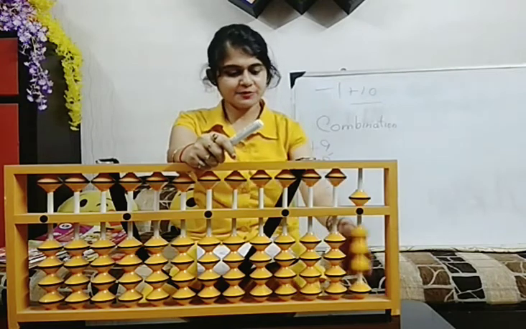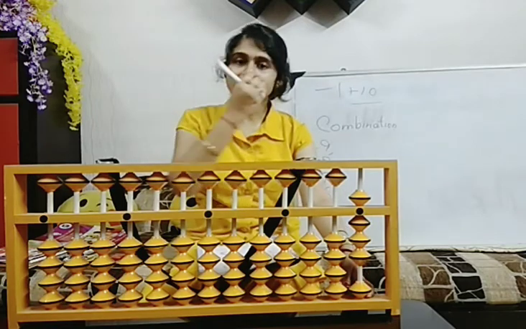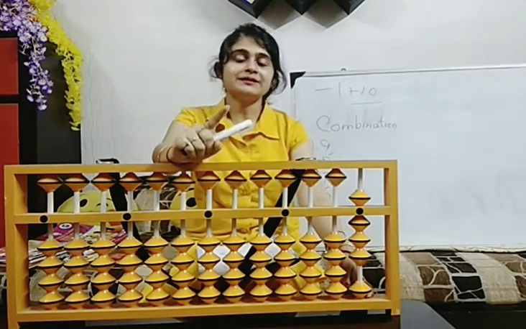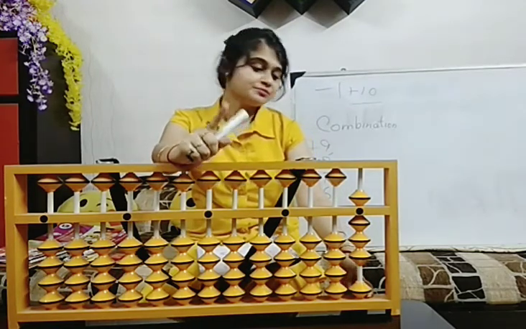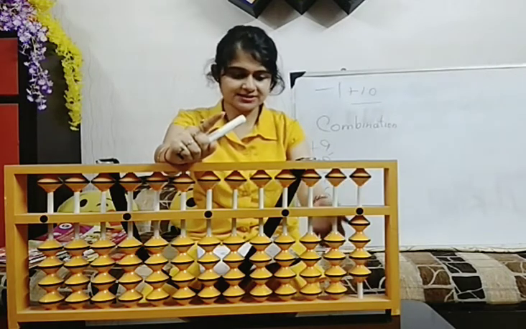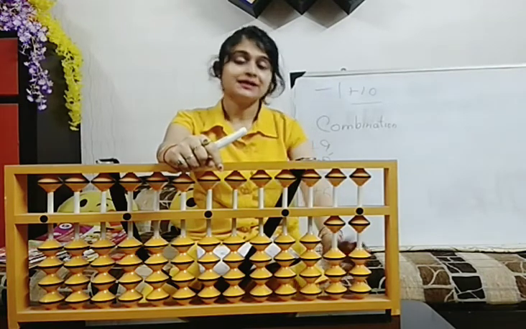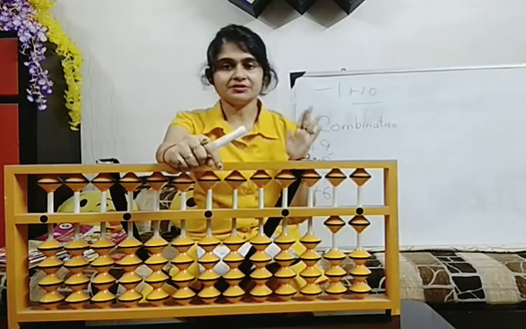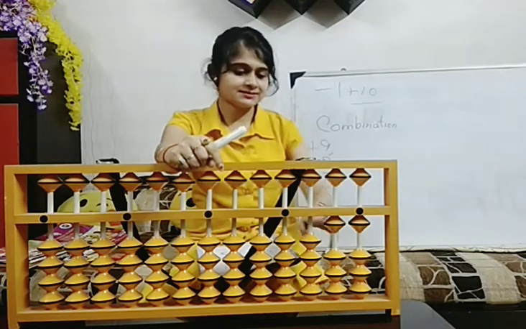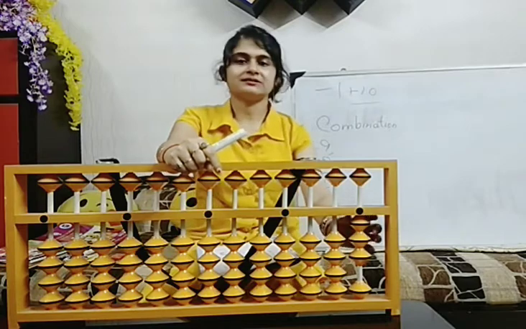8 direct possible. 6 not possible. So for 6 what will I do? Small friend is not there. That means I will apply big friend. Big friend not possible. But if I change that, it is possible. So I changed and it is possible. Follow here. Next, minus 3 direct possible. Now minus 8, there is no small friend. Minus 8, big friend says done. So my answer is 3.